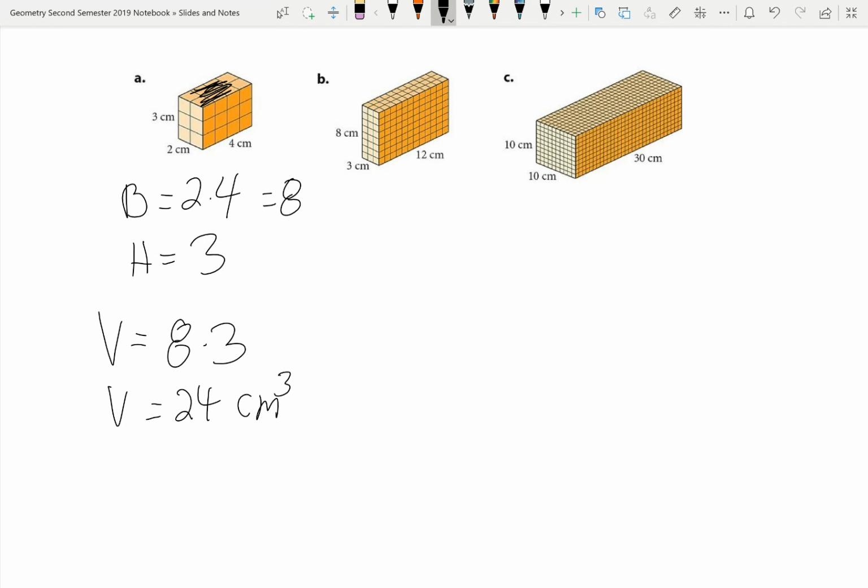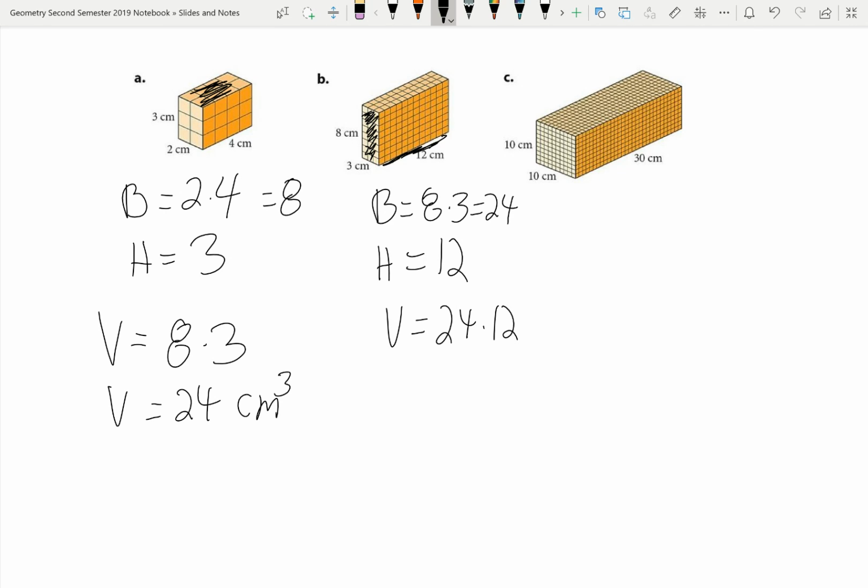In this case, let's do something different. Let's choose this side to be the base instead of the bottom. We can do that. So the area of the base would be 8 times 3, which is 24. The height then would actually be 12, right? It doesn't look like a height because it's horizontal, not vertical, but if the base is the 8 by 3 face, then that would be the height. And so the volume would be 24 times 12, which is 288